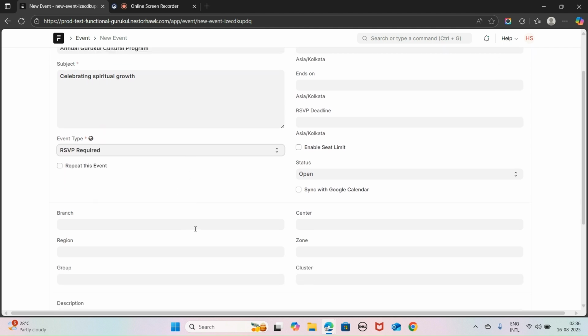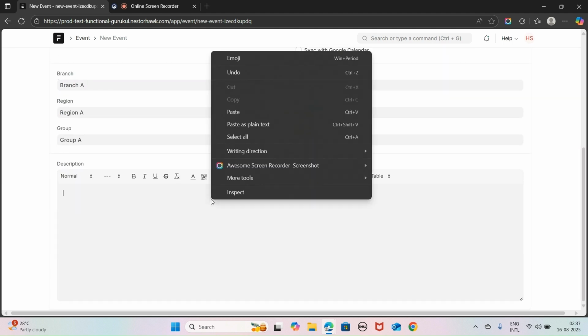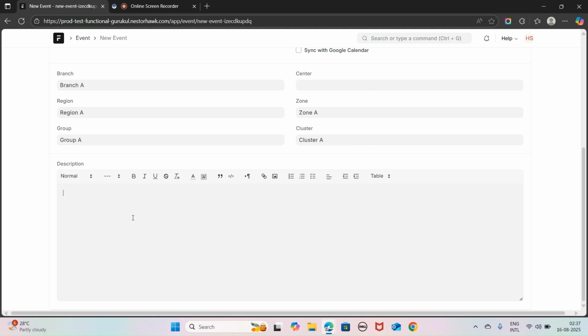Now select the branch as branch A, and in the description, this event will include national bhajans and cultural performance, etc. Okay, done.